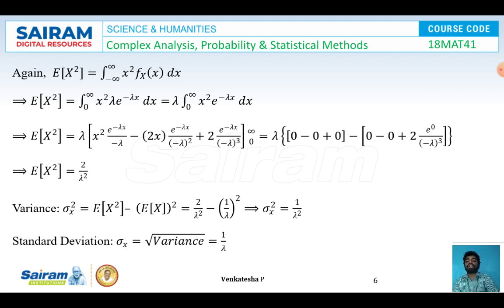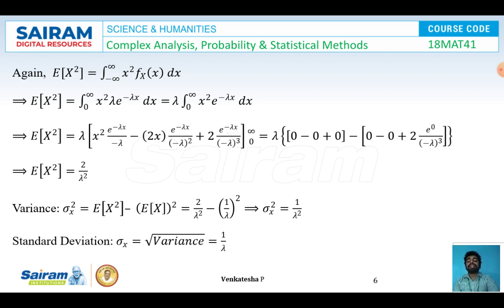That is, expectation of x square is equal to, taking lambda outside, keeping the u term x square as it is, integrating e power minus lambda x, I got e power minus lambda x by minus lambda. Differentiating x square, I got 2x with the alternative sign minus. Again integrating v, I got e power minus lambda x by minus lambda whole square, plus the 2x will become plus 2 after differentiation again, and e power minus lambda x by minus lambda whole cube I am keeping as it is. After integration I got this term between the limit 0 to infinity, and again same thing, after applying